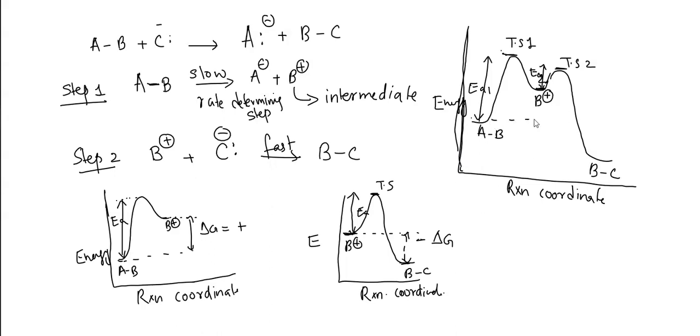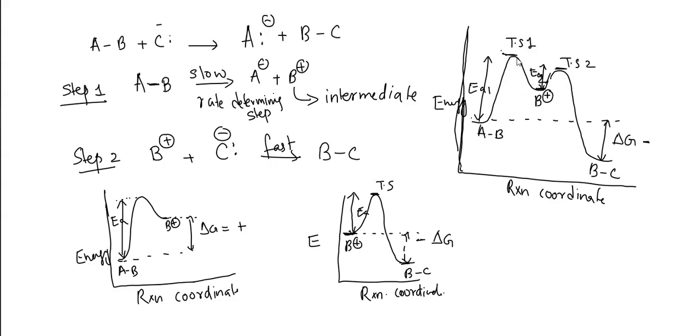And the overall energy difference between these two is delta G, which is a negative quantity. So the reaction is overall exergonic. Okay, the first step was endergonic, the second step was exergonic, and overall, because delta G is a negative quantity, the overall steps are exergonic. So you can actually figure out how many steps a reaction has by looking at this,